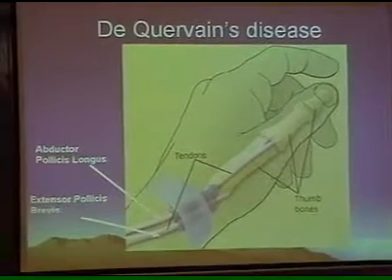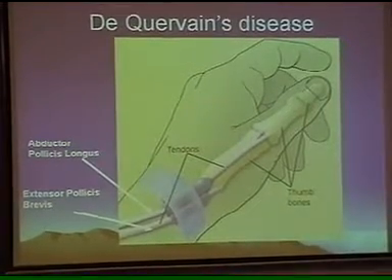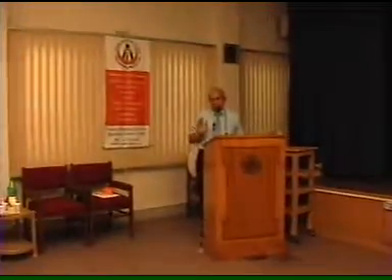These two tendons travel together and are enclosed by one common sheath. Due to repetitive stress, there is some swelling of the tendons or the tendon sheath, which results in pain at the radial side of the wrist, particularly at the styloid, and the patient complains bitterly about the pain in